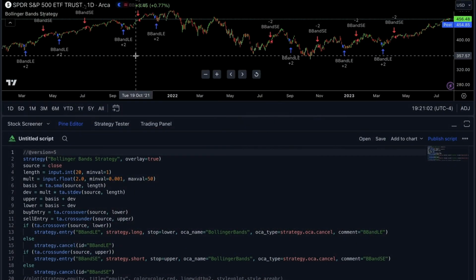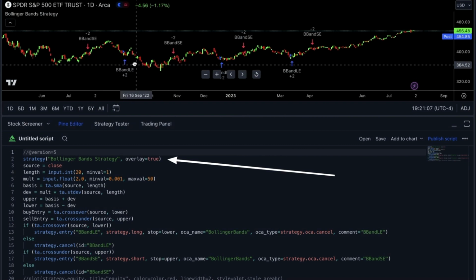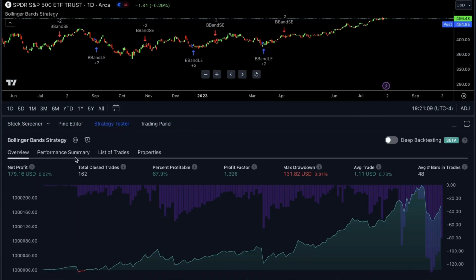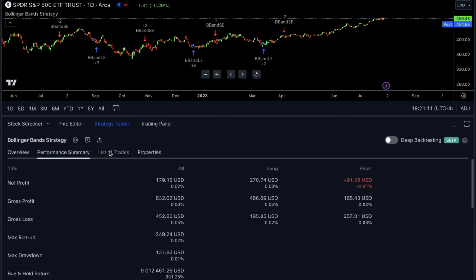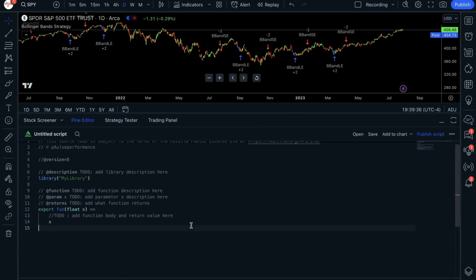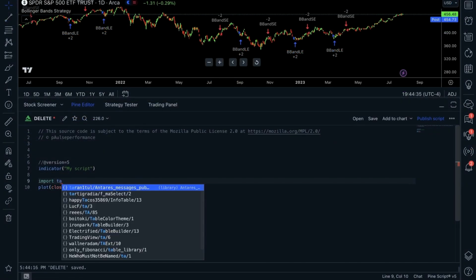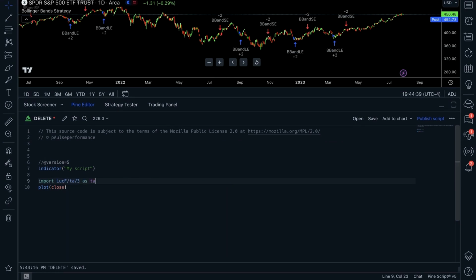In PineScript, you can create custom strategies using the strategy function. Strategies have access to historical price data, can generate trading orders, and manage positions. Finally, we have libraries. Now, libraries are new to version 5. Libraries are reusable code modules that contain functions, calculations, or other utility code that can be shared and used across multiple scripts. Libraries can provide commonly used calculations, mathematical functions, trading algorithms, or other functionality to simplify script development and